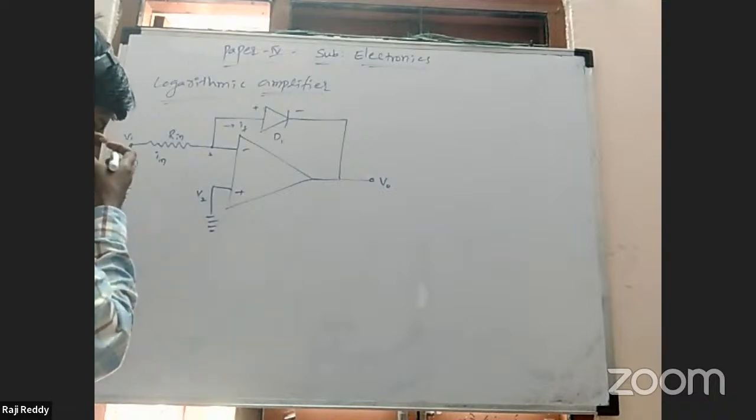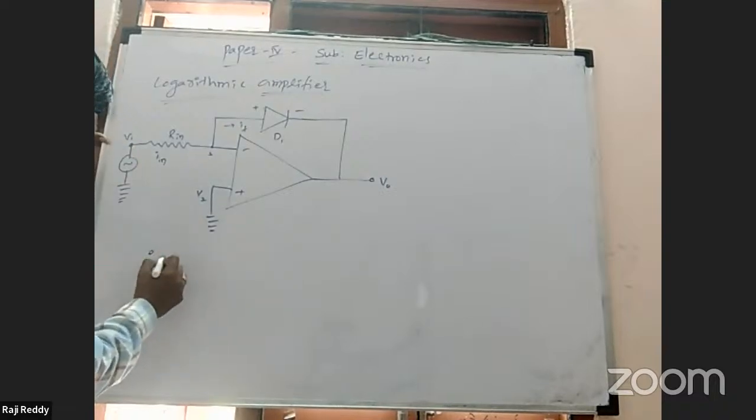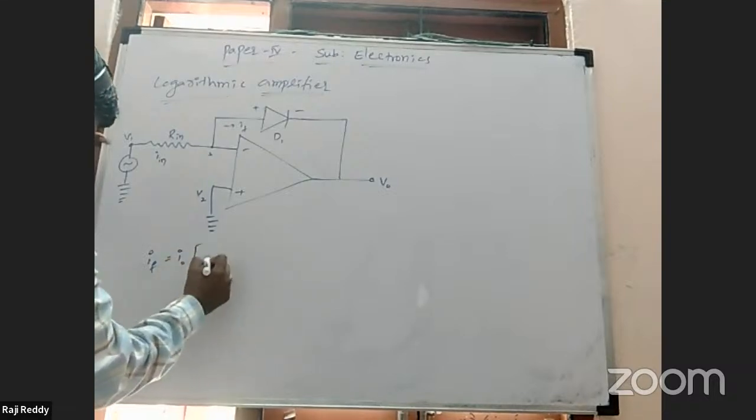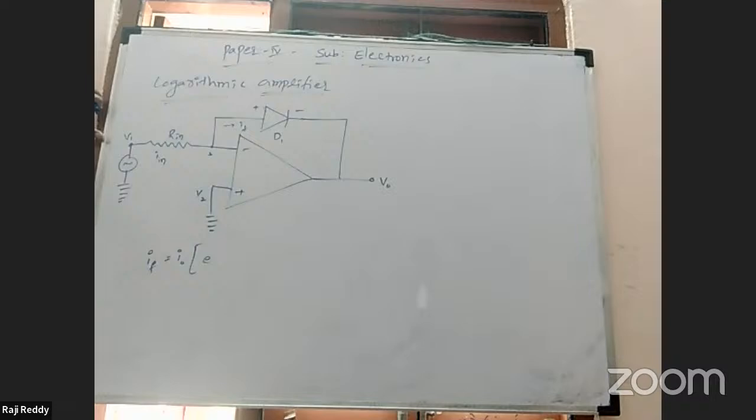That is IF is equal to I naught, peak current, into e power